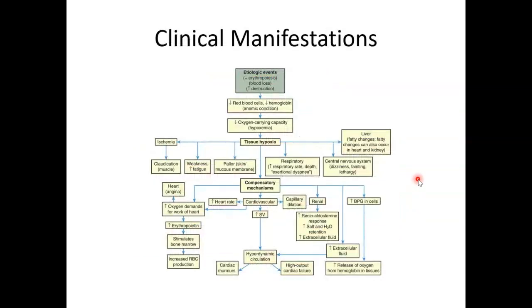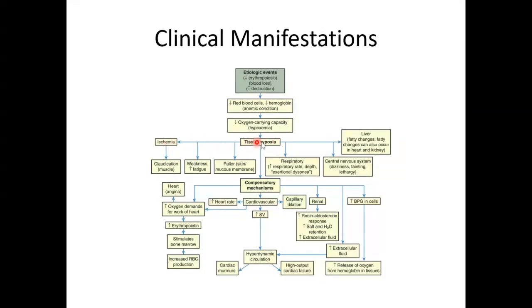Clinical manifestations. So this is another kind of a big chart, but let's just focus on what's important here. As far as whether it's a decrease in erythropoiesis, blood loss, or an increase in destruction, what we have is decreased red blood cells, decreased hemoglobin, which gives us an anemic condition. With that comes a decreased oxygen carrying capacity or hypoxemia. If there's low oxygen in the blood, there is going to be tissue hypoxia because there's not enough oxygenated blood to go into the tissues, which then leads to ischemia, okay, and some